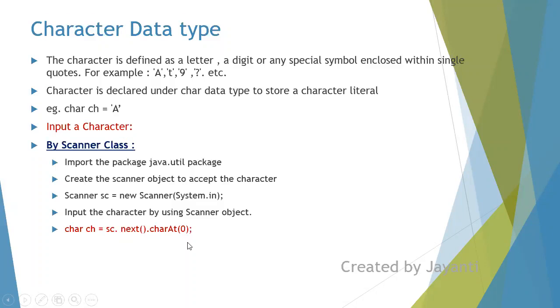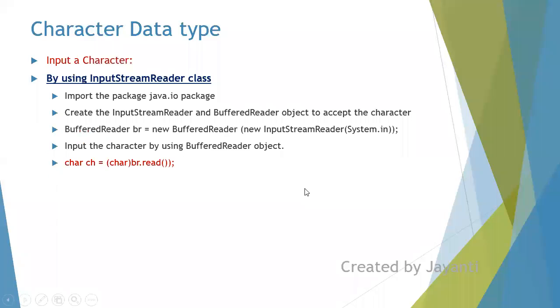This is the way. Normally if you remember, what do you write for the scanner? If you want to read a string, you write sc.nextLine. If you want an integer, nextInt. Float, nextFloat. So how to read a character? next().charAt(0). Next is a function. Let's understand the new thing.